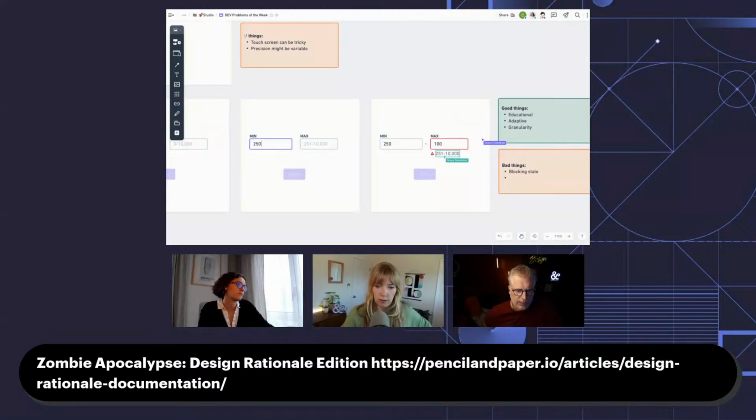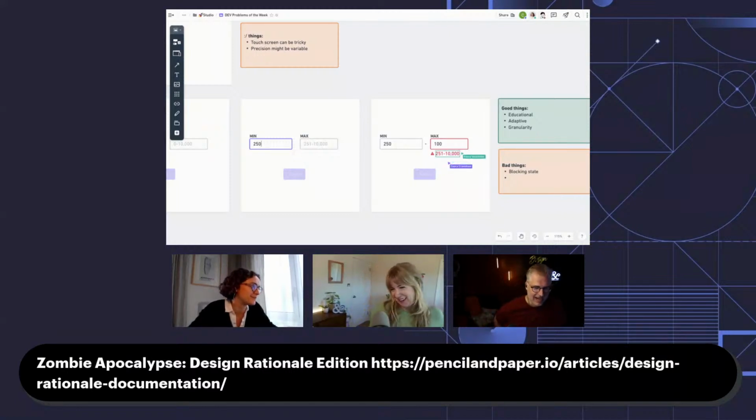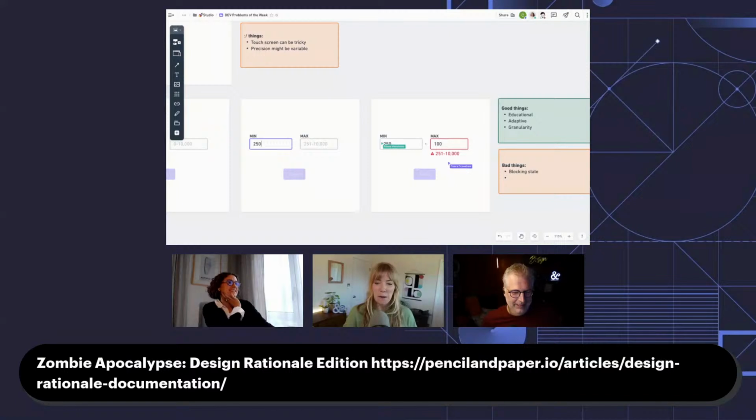Can you explain it, or does the user have to? Well, yeah, I would have put words here. I would have put a message, and I don't think this one has a lot of room for it, but